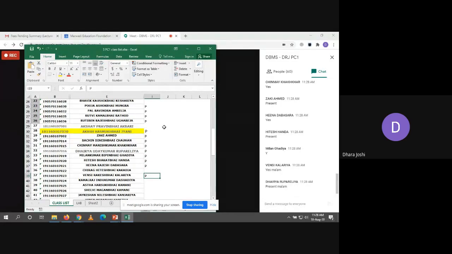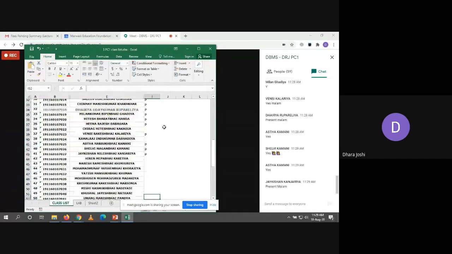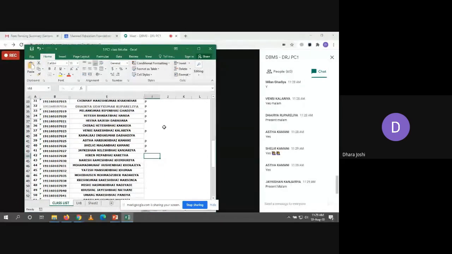Chirag is not present. Astha, Jaikishan, Hiren, Naresh, Yatish, Krish. Yatish is not present.